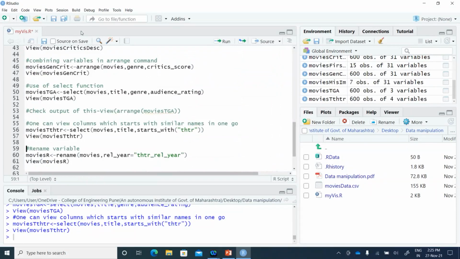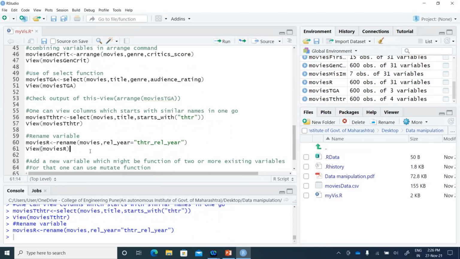Then we may need to rename certain variables. Okay. So this theatrical release year may probably be clumsy for me. Suppose I just want to rename it as release year. I can rename it with the command where you give the new name equal to the old name in double quotes.